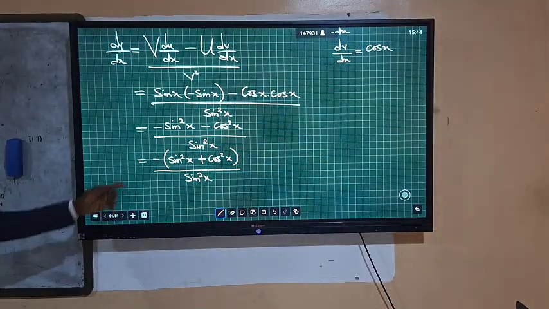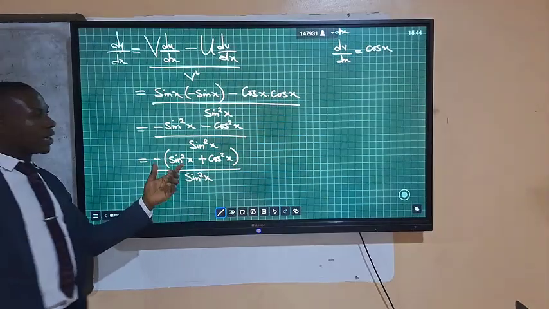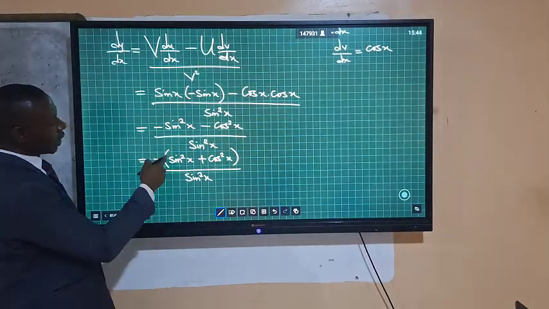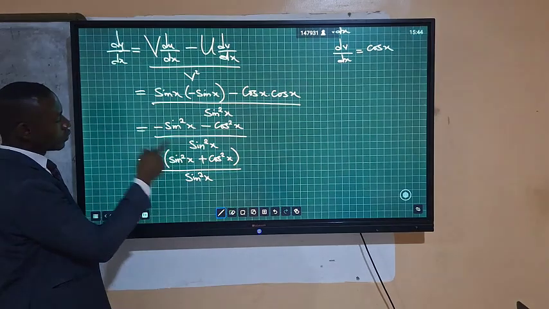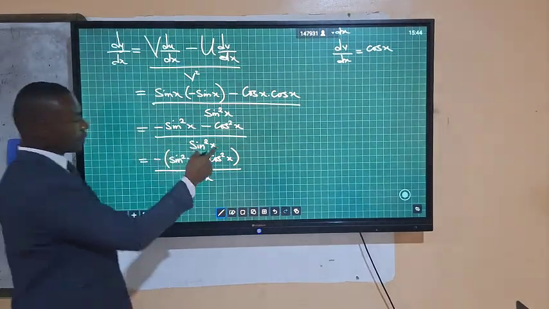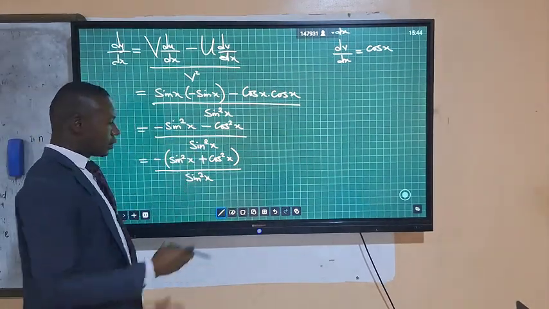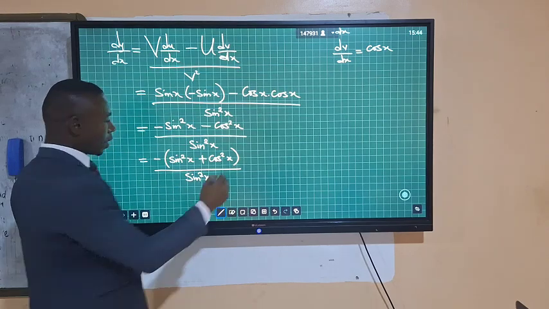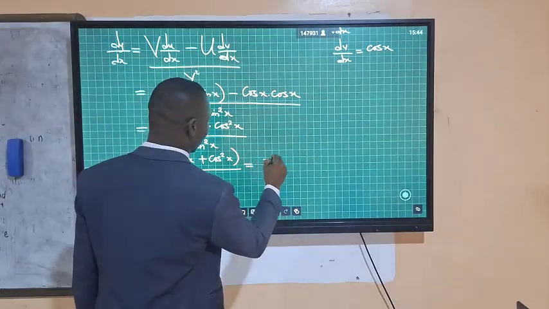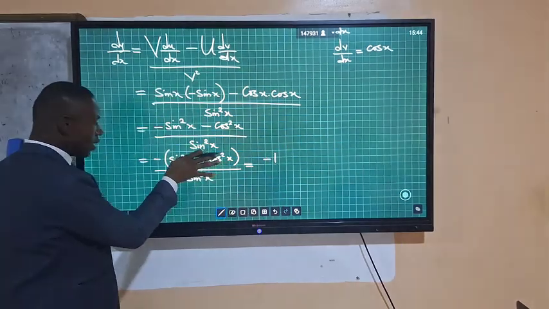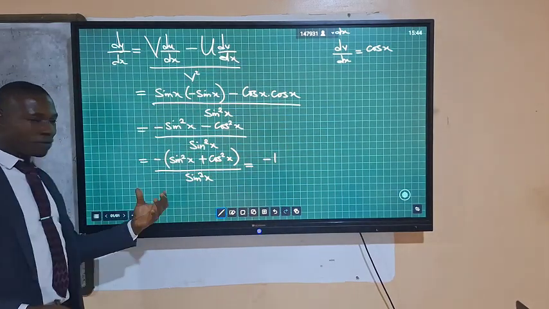But you can recall from trig identity that sine square x plus cos square x is equal to 1. So the proof is simple. So this is equal to minus 1, this big bracket is just a beautiful one,